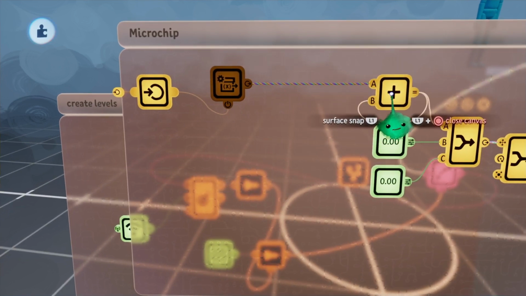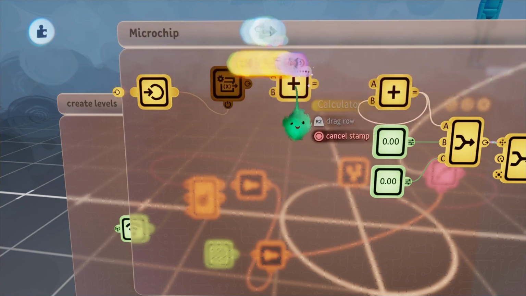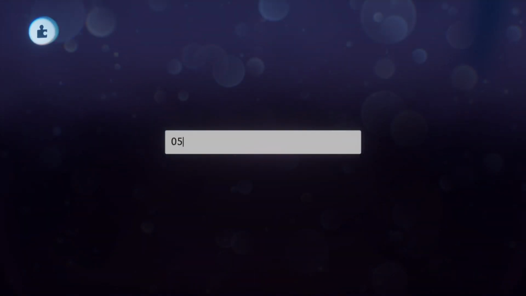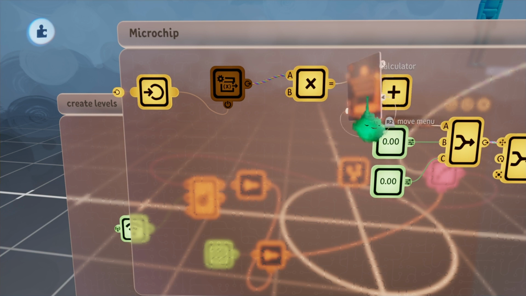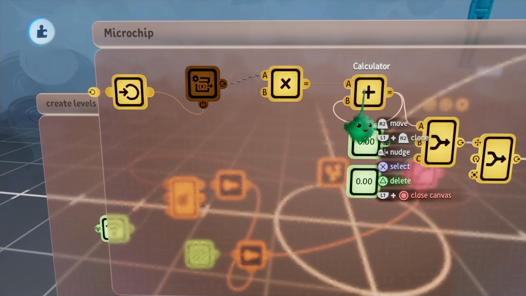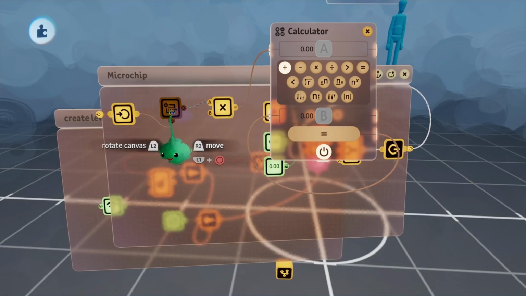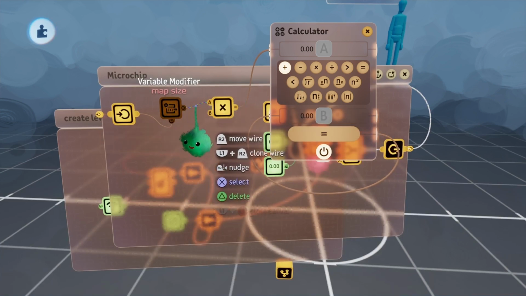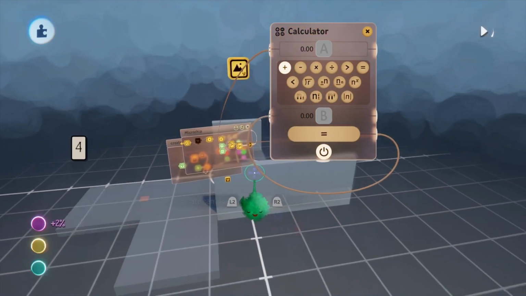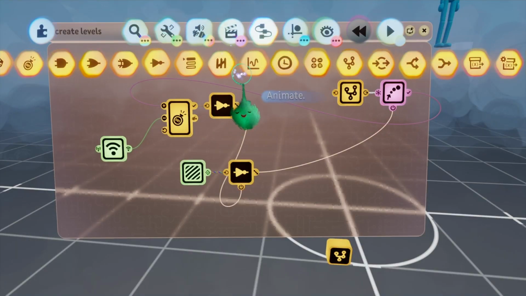I'm going to make one small little change inside the microchip here. I'm actually going to get out another calculator just to separate things out. So this I will multiply by 5, and we'll plug that into A and make sure that is on the override settings. So at 0, or at the beginning, it'll be at 0 if I restart time there. Then once this gets powered, it will multiply the map size, which is 10 by default, by 5, adding 50 to this calculator. So the first one will be at 0. The next one will be at x equals 50. But we want this to happen at the beginning